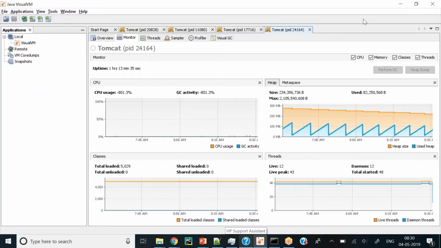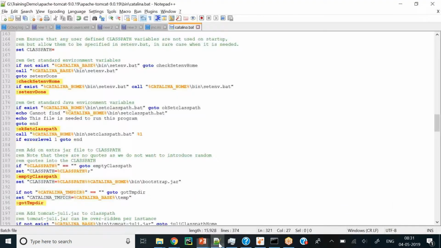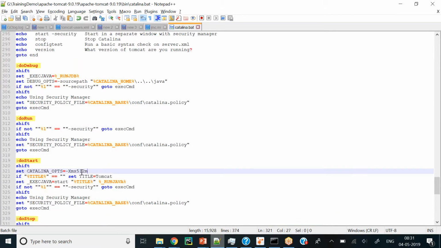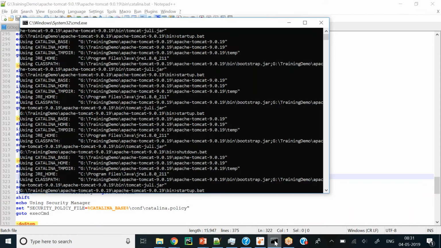Now let's check. Change it in the catalina.bat file. Let's keep that memory space, plus we add -XX:+UseSerialGC. Save this. Start the Tomcat.